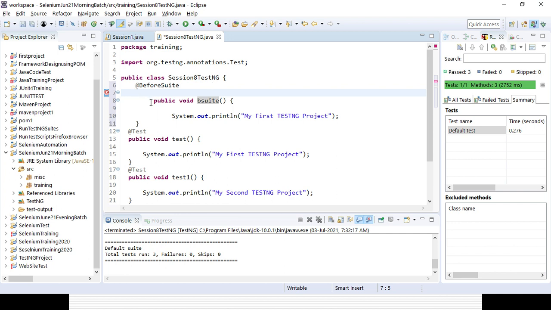Then you need to give the annotation and the particular method name, right? And within the curly brackets you write the code. Suppose I want to print "before suite". I will be showing you one by one how it will be impacted.